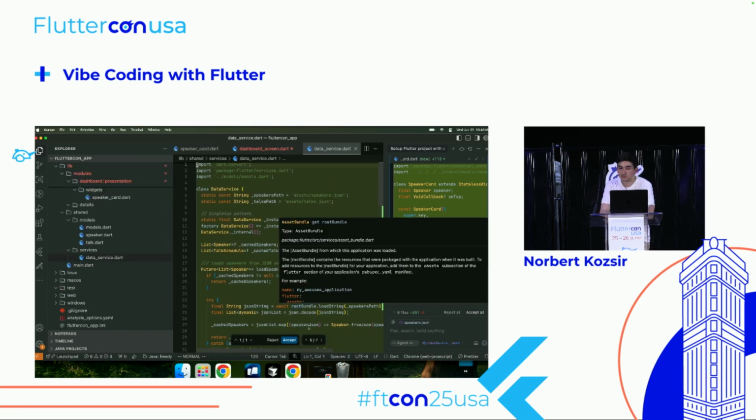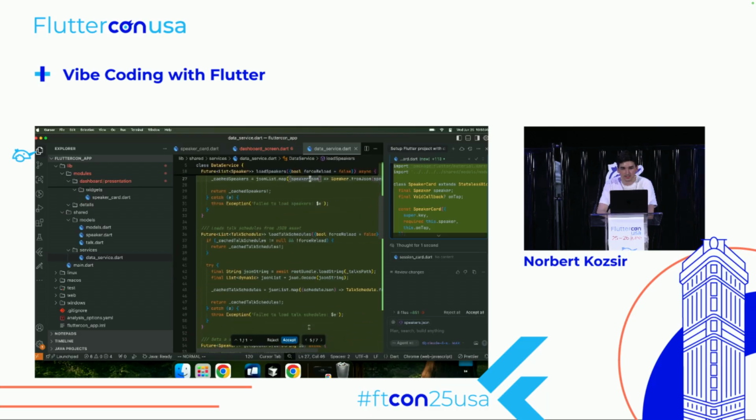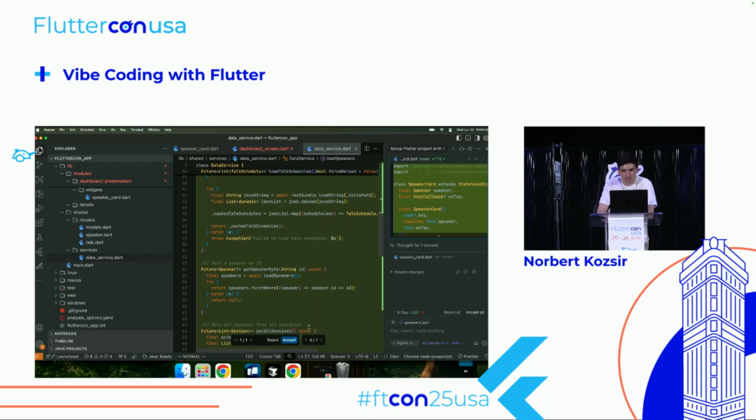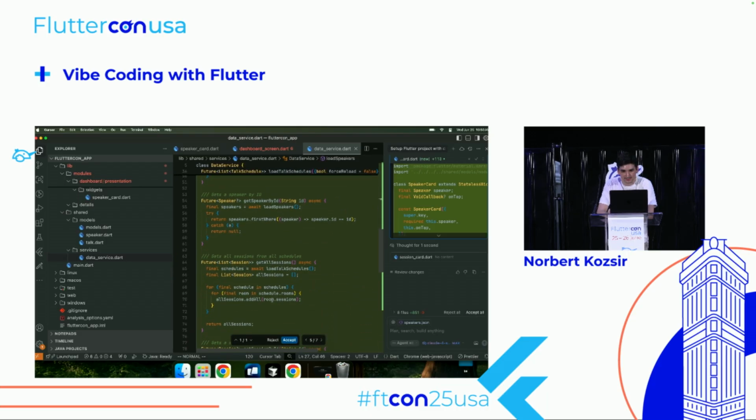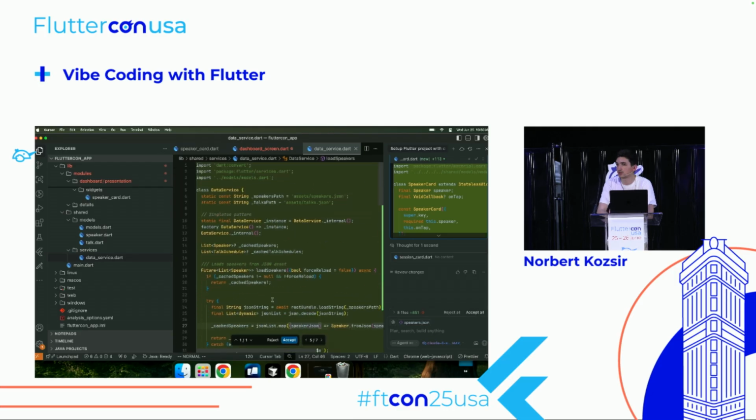One thing, I don't think I really have to say this, it's always great to review the code and actually see what we have. So it's using a singleton pattern. We could be using Riverpod. We may just use Riverpod. I think we're going to do that in a minute. And it has loading talks, get speaker by ID, get all sessions, get session by ID. So I think this is a pretty clean class that we can use.